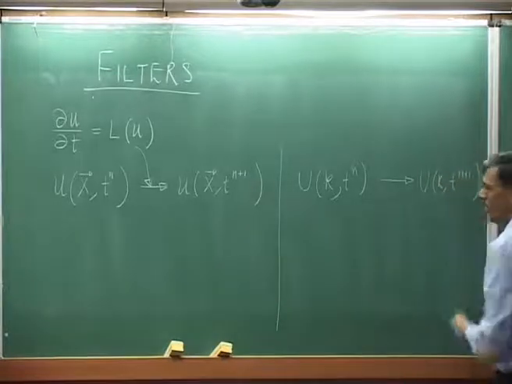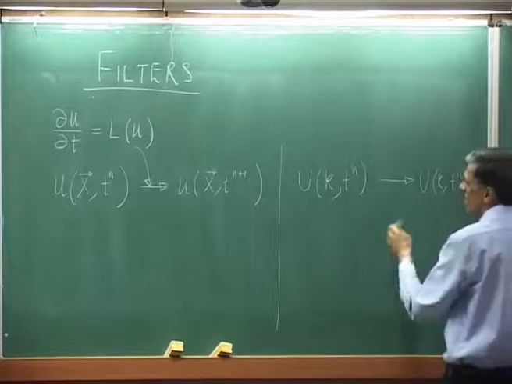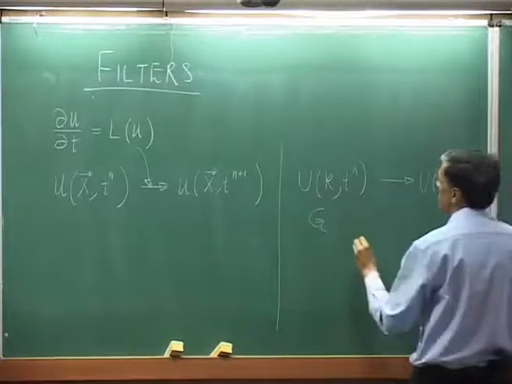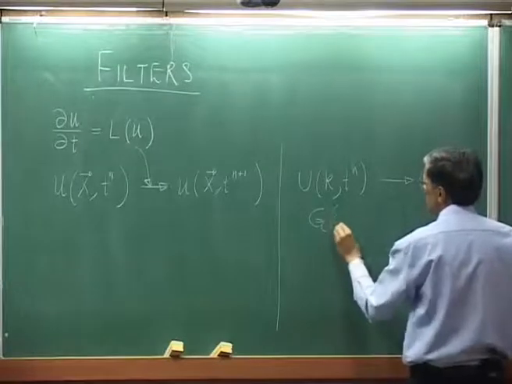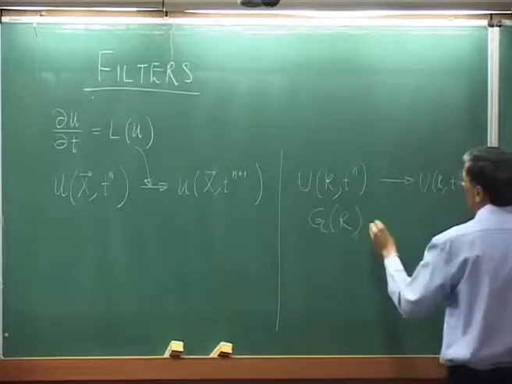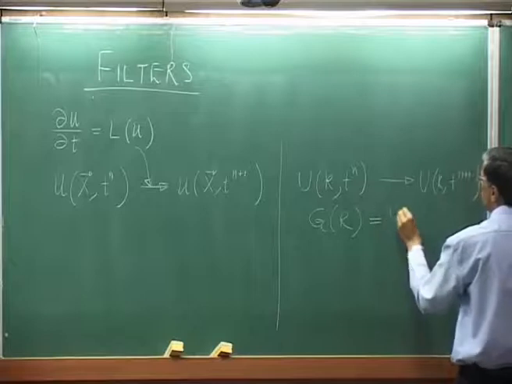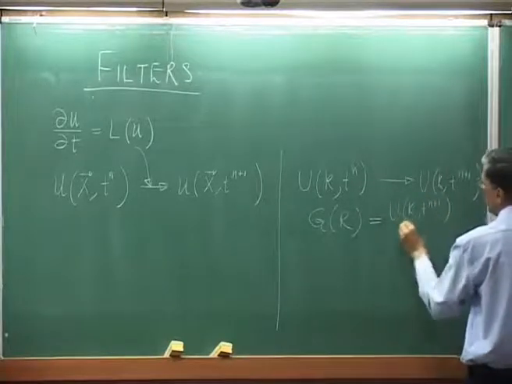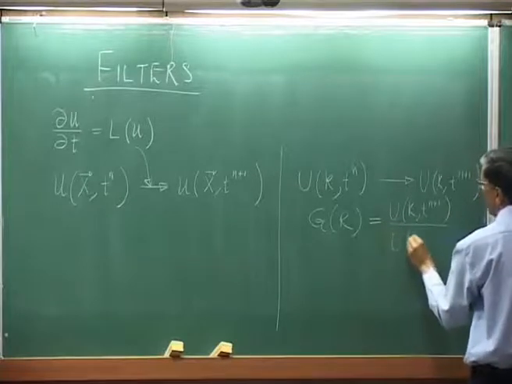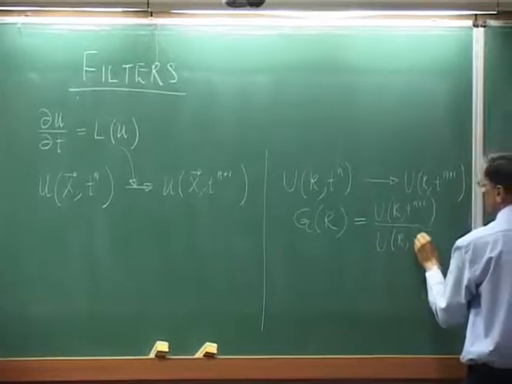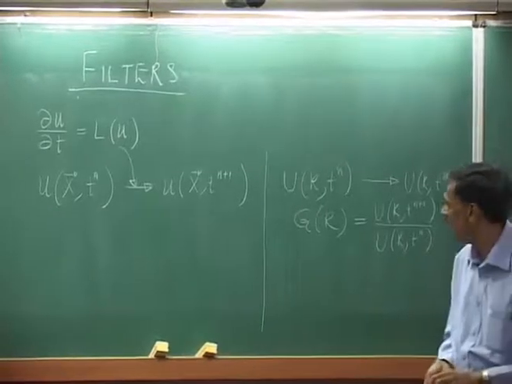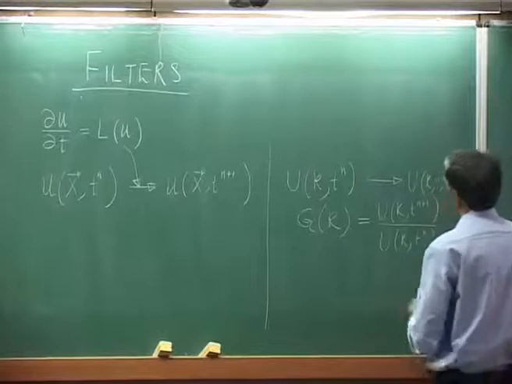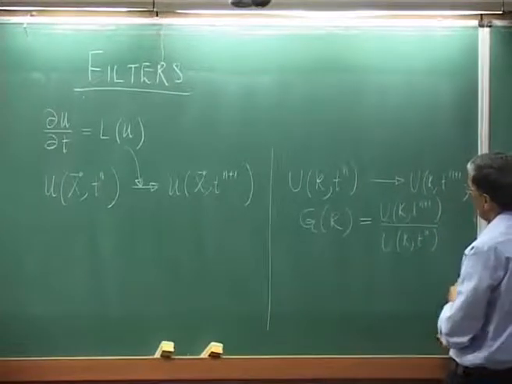And we defined this method in terms of G, the amplification factor, which we called a function of k, as the quotient of u of k evaluated at the advanced time level divided by the predecessor. So, this is the definition,